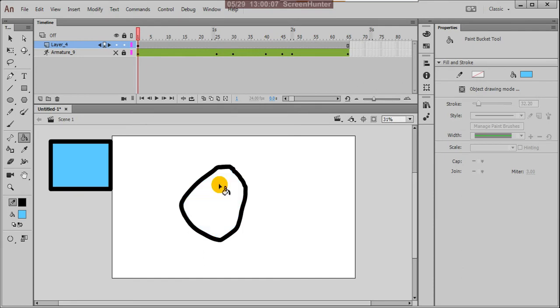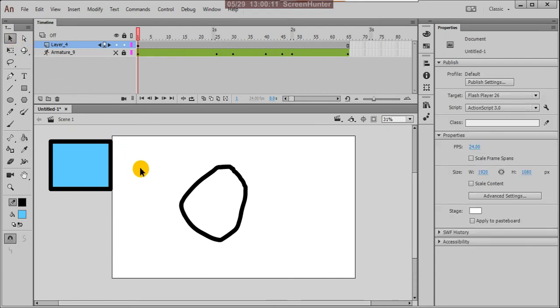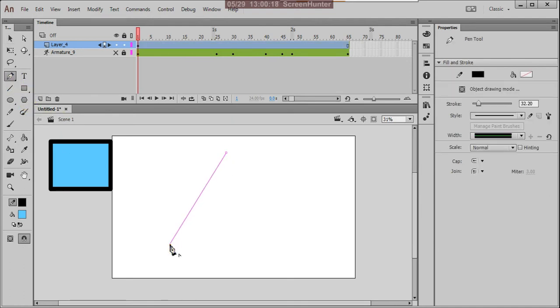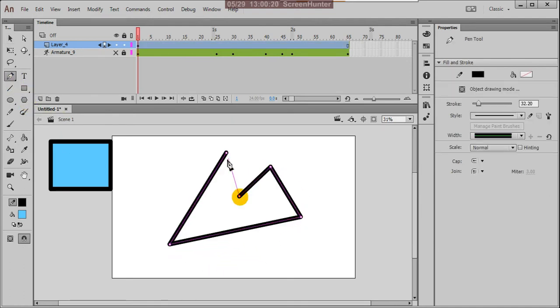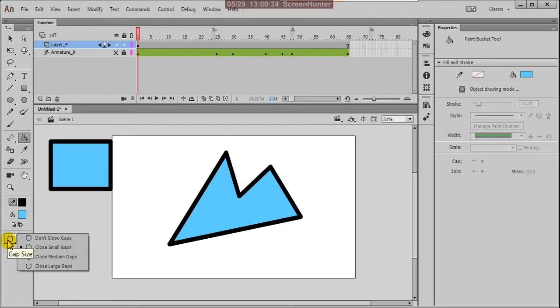Yes, so gaps must be very small anyway. So by drawing, avoid gaps. When you turn on the magnet, automatically it will connect and you can easily fill colors within that. Sometimes we use this, but here it is not working.